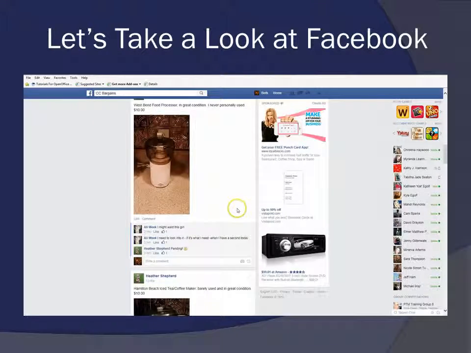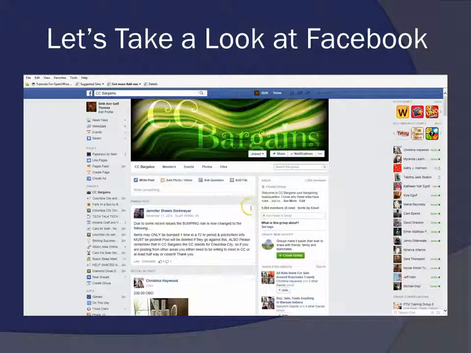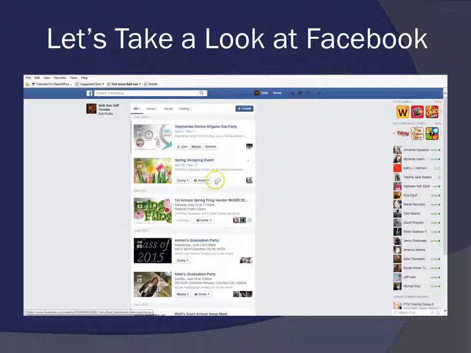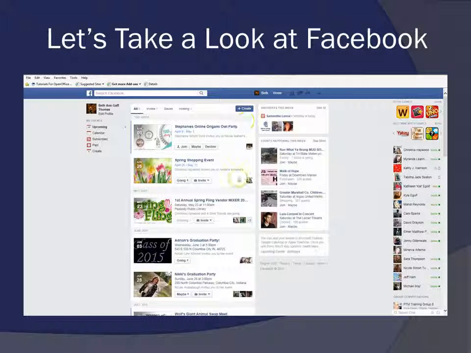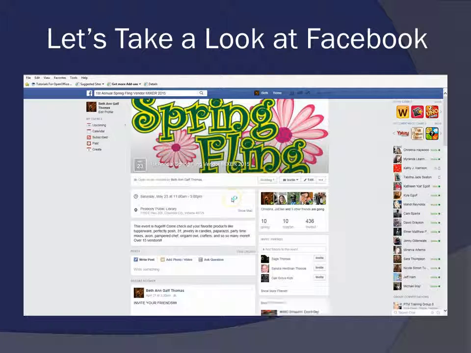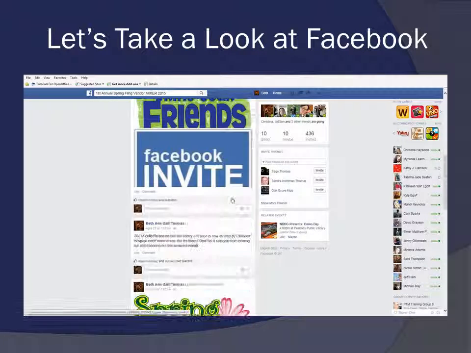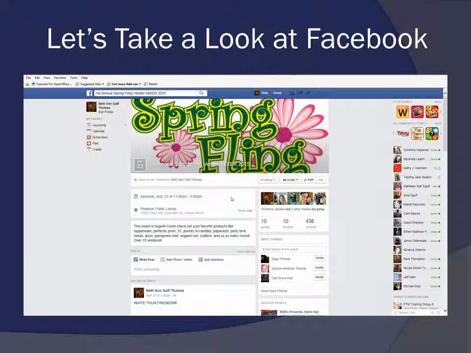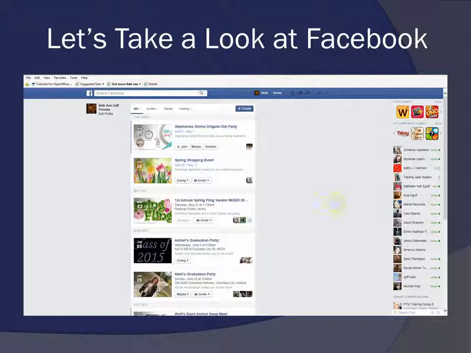Not all the groups are this way. They're all different, and the way that they work. These are all my friends that may or may not be on Facebook right now. I've also got pages, any pages that I've liked, or my own page. I can also access my messages from here. As far as events go, I can create an event, which I already have. We have a Spring Fling vendor mixer coming up in May, so I've created an event that allows me to invite all my friends and have them invite their friends, and so on, just to let the community know about it.